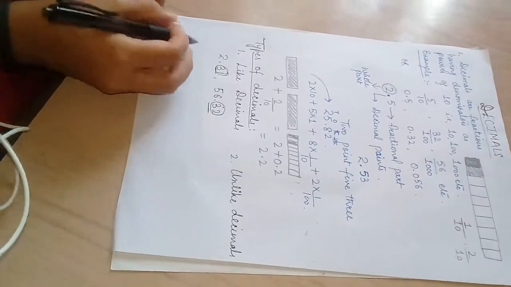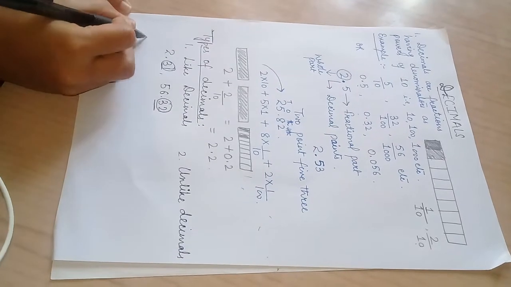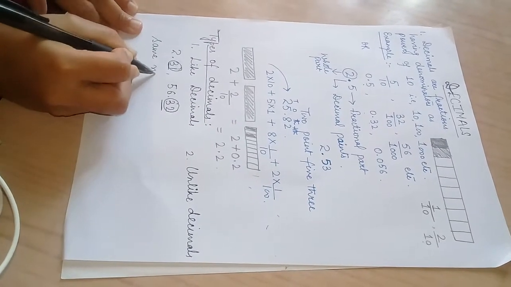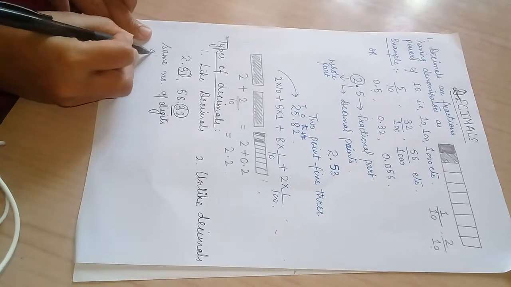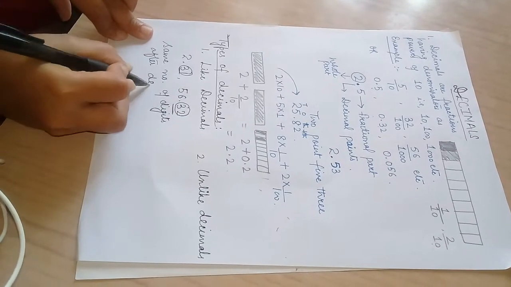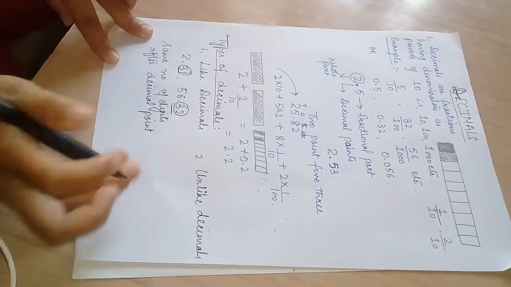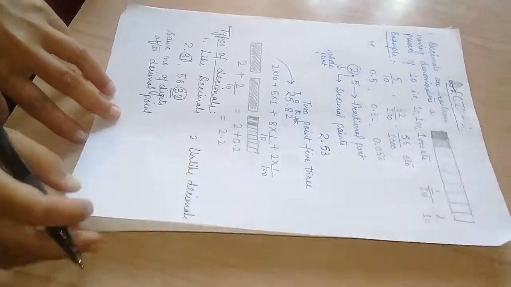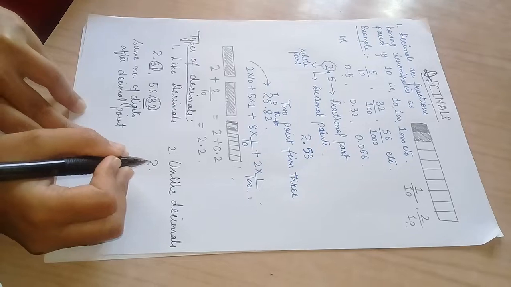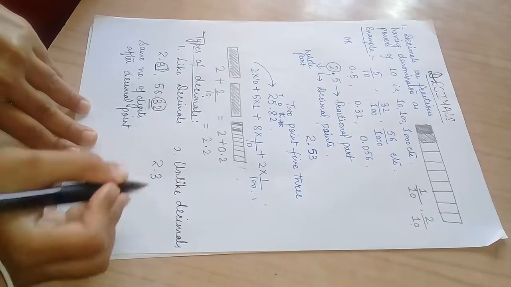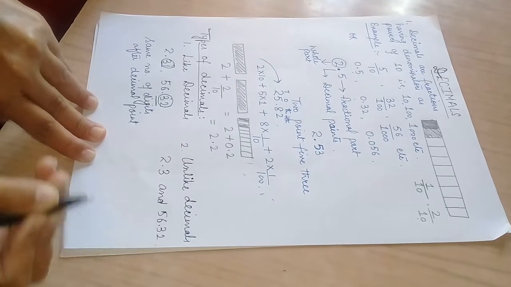So we can say that two decimals are said to be like decimals if they have the same number of digits after the decimal point. And what are unlike decimals? Again, two decimals are said to be unlike if they are not like. Example, 2.3 and 56.32, okay, both these